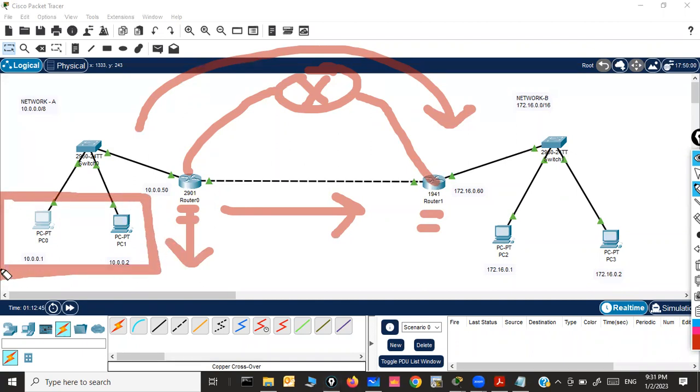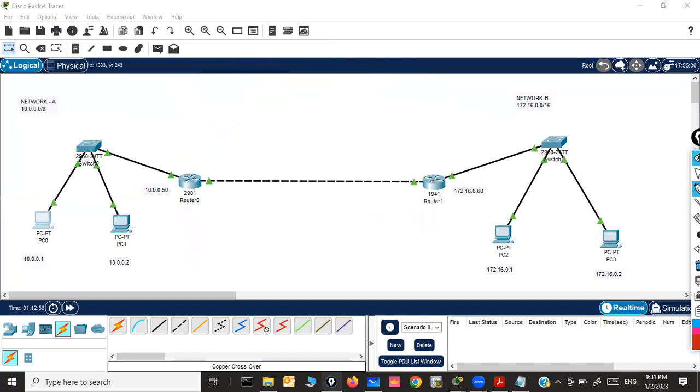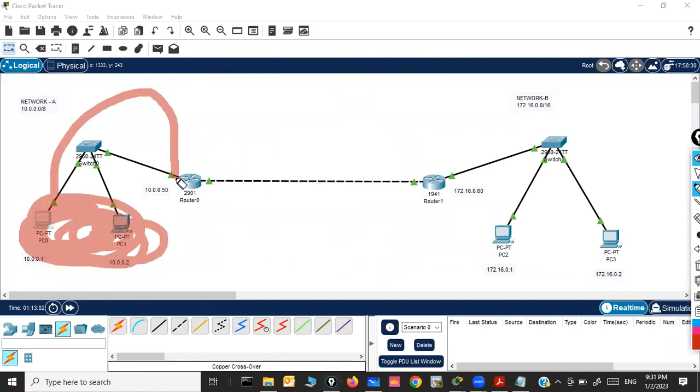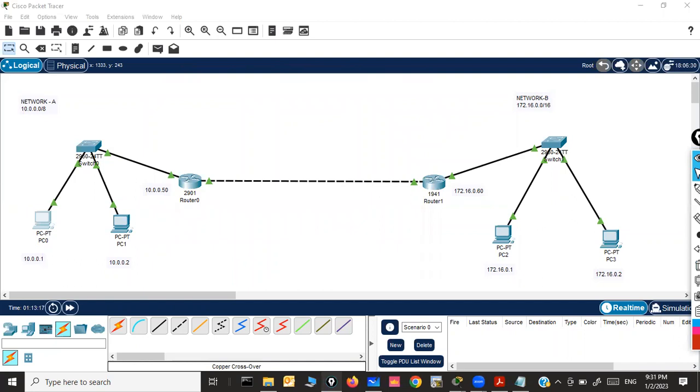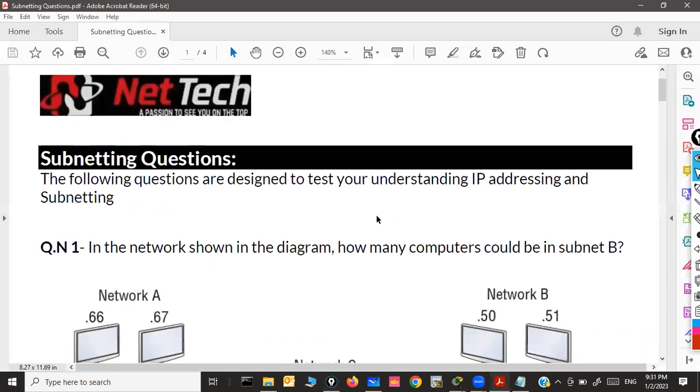End host device's job is done. What is the end host device's job? To determine whether the destination is from the same network or not. If the destination is not from the same network, just send the packet to the gateway, done. You don't have to do anything more on the end host device. The rest of the configuration would be done on this device: best path selection, routing traffic to different networks. A lot of configuration would be required here. We'll understand those configurations later on. So it's something to do with the gateway, and I hope you all understand the gateway concept.